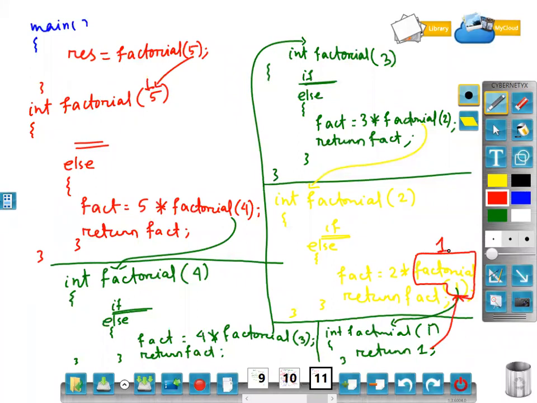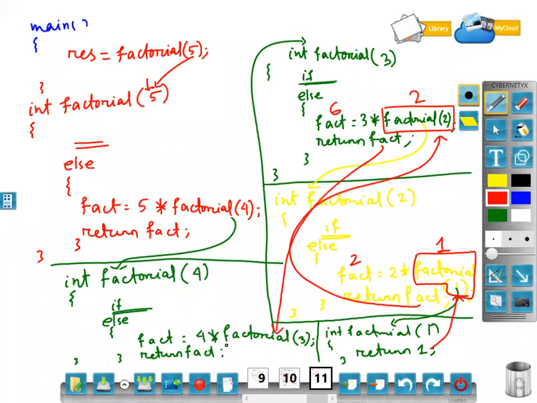Now 1 into 2, what is the value? 2. Return fact, to whom? To whoever called it. This factorial of 2 has called, so 2 will be returned here. 2 into 3, 6. Return to whom? Factorial of 3 was called here, so this value will come as 6. 6 into 4, 24.